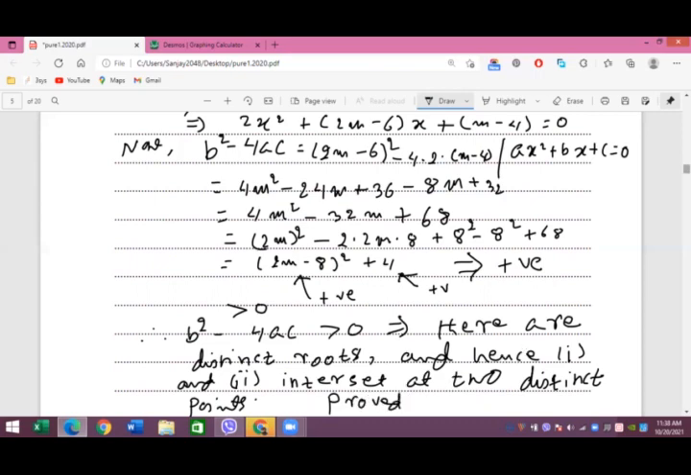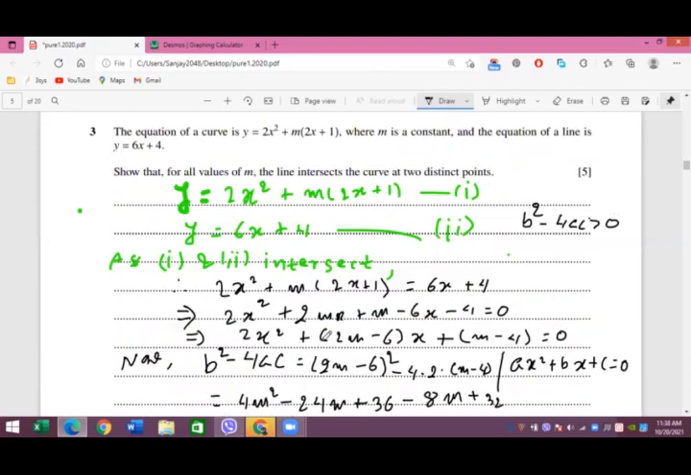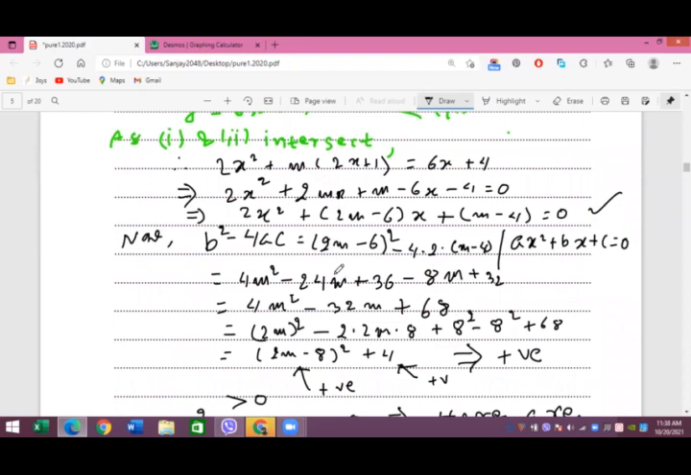So just give a look to this question here. You are given these two equations, one is for the curve and another is for the straight line, and they intersect each other. Then you have to show that for all values of m the line intersects the curve at 2 distinct points. So here in this case you can see that as these two intersect each other, that means we can equate these two equations, and then we have this situation over here, and then you check for b square minus 4ac, which we have already done in quadratic equations, and then when you put the values of a, b and c in this expression,